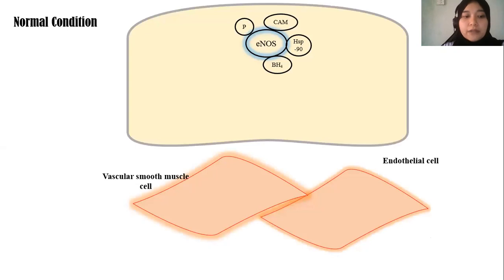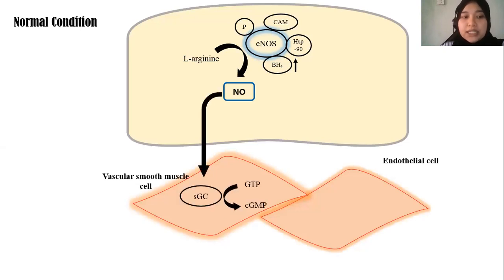As a summary of all the results, we may see that the increase in BH4 level helps in the activation of eNOS to produce more NO. NO will activate soluble guanylate cyclase to produce cGMP, which then mediates vasodilation. This evidence is in line with the functional study result, whereby EGCG was able to improve the impaired vasorelaxation in angiotensin 2 infused hypertensive mice.